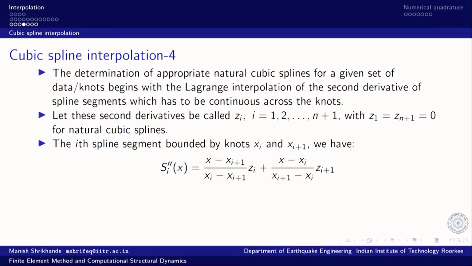So, for each segment we can construct the interpolation between second derivatives as a Lagrangian interpolation. Any segment will be bounded by two values of the second derivative, and we can construct piecewise Lagrange interpolation over each segment. Once we have this second derivative as a linear function, we can integrate it and derive the spline functions with some unknown coefficients c and d. Those are the unknown coefficients.